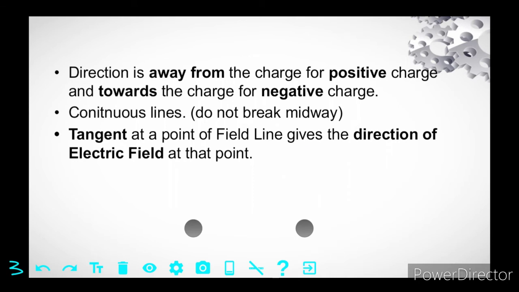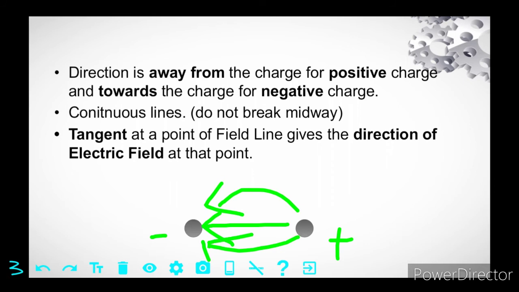This is the case when only a single charge is present. Say this is the positive charge, then the electric field lines start from near the charge, extend to infinity, and point away from the charge. But when there are two charges near each other, say this is the positive charge and this is the negative charge, then I will show more in detail in the next slide. We get some other patterns, some curved forms of electric field lines in that manner.